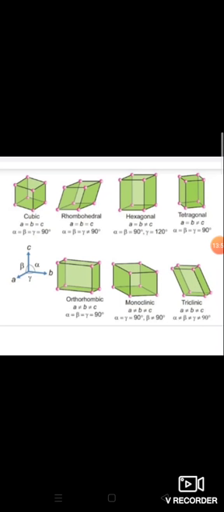All these 7 names you have to keep in your mind. Cubic, tetragonal, orthorhombic, hexagonal, rhombohedral, monoclinic, triclinic. For that you can use a memory technique. Catch the orange to help Mother Teddy.